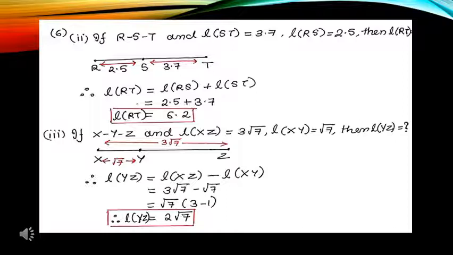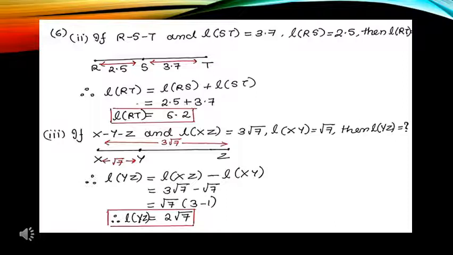Now ST is 3.7 and RS is 2.5. So when I mark the point, I'll make sure that ST looks bigger than RS. Okay, this distance need not be exactly as per the measurement on the scale. It's just a reference figure. So you can just draw it as per your discretion. Okay, not too big, not too small diagram.